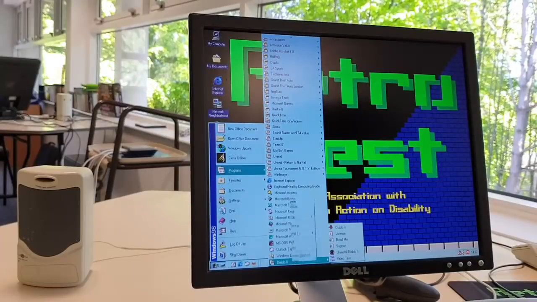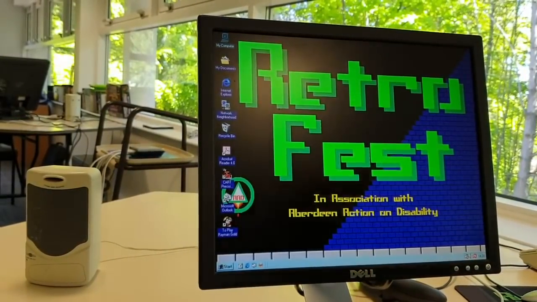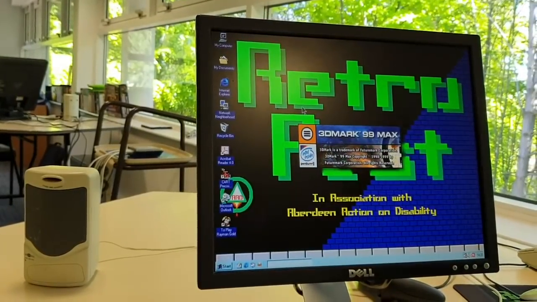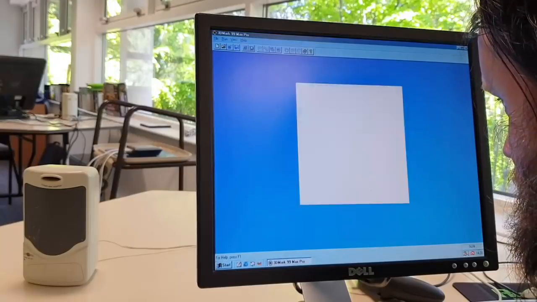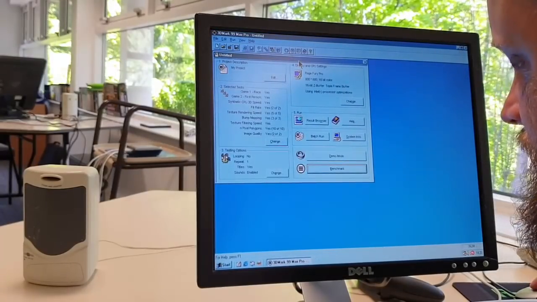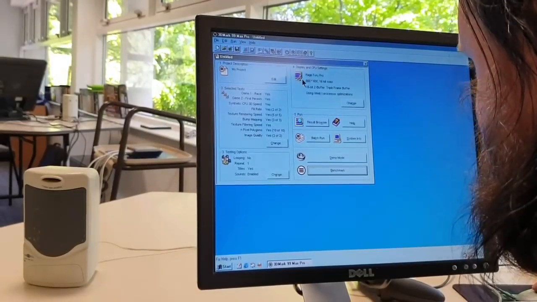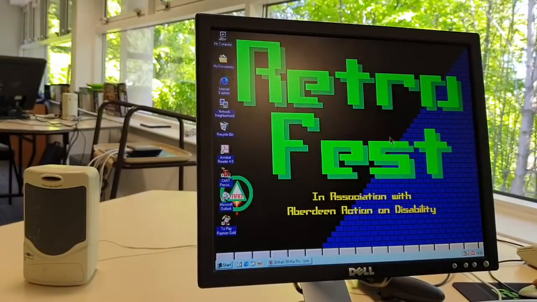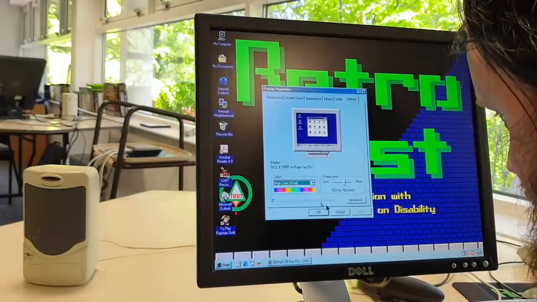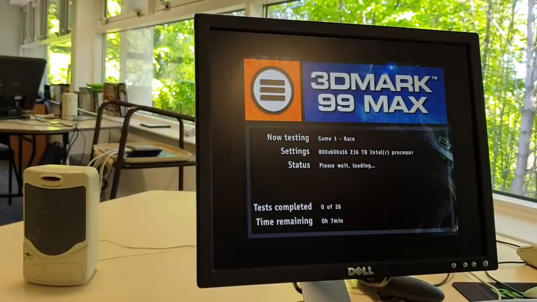So hopefully on this machine we can at least run a benchmark. I think 3D Mark 99 would be quite appropriate for this. We can certainly run 3D Mark, new 3D Mark. Apparently this is a Rage Fury Pro, this graphics card. So ATI there needing anger management. I'm just going to click the benchmark button and see what happens. I'm guessing there's stuff that might not run on here, but